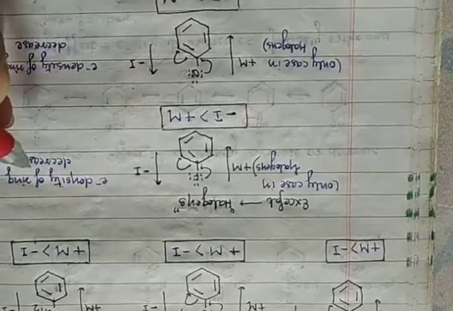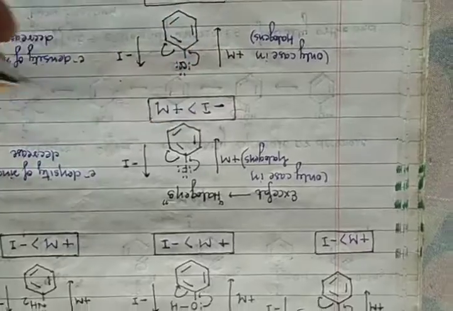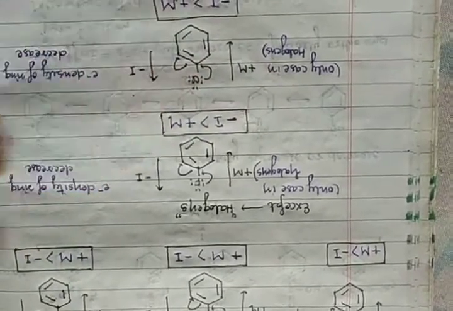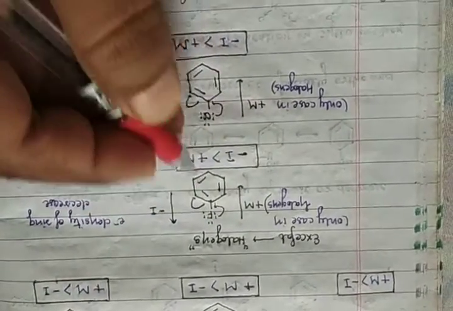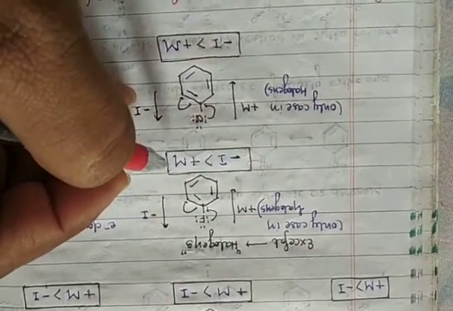In this case, the electron density of the ring decreases because the minus I effect is more dominant than plus M. Same for halogens, fluorine and chlorine. So in this case, it is the minus I effect, not the plus M effect, only for halogen. Okay, now again,